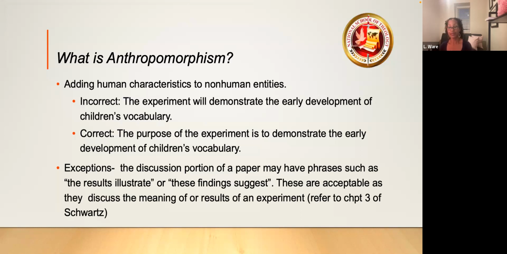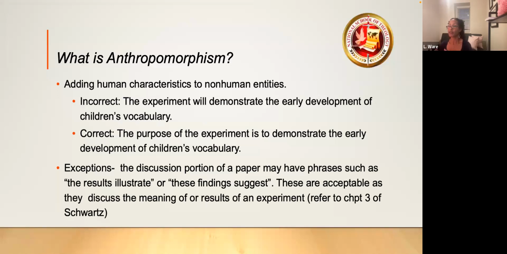Your research typically is not based on your opinion and what you think. Your research is based on what does the evidence suggest? What do your findings suggest? What do the results show, right? Not what I think. So this is what I've gathered, the data, and the results of the data suggest something, right? So you want to make sure that you're very careful in how you word things, right? You don't want to give a human characteristic to a non-human entity or object of some sort, okay?